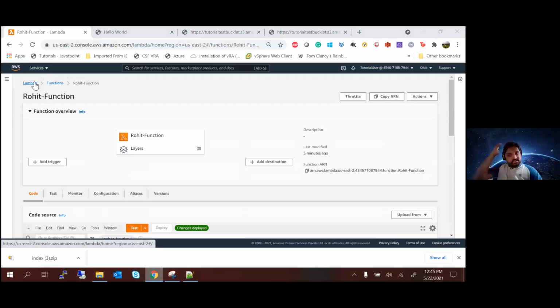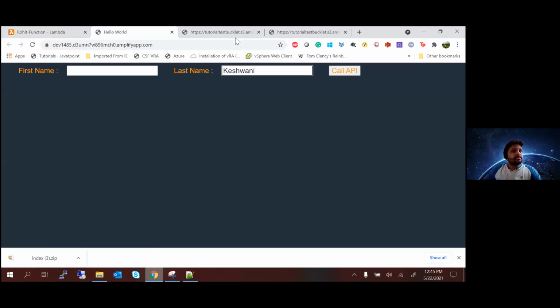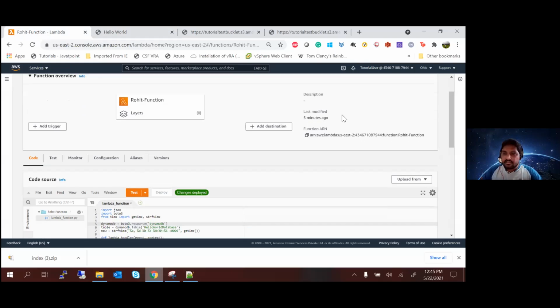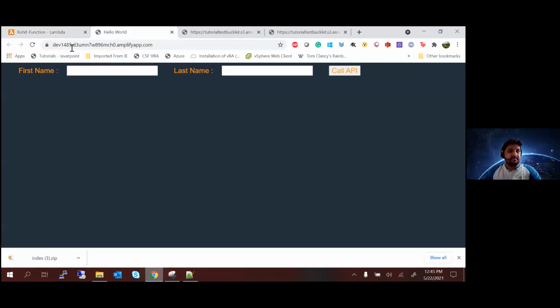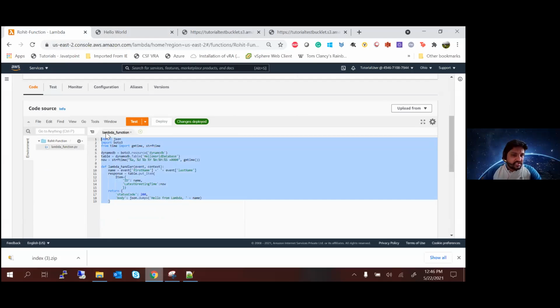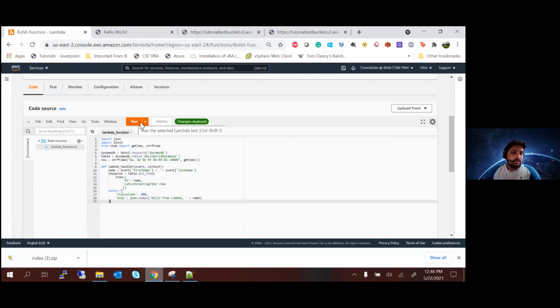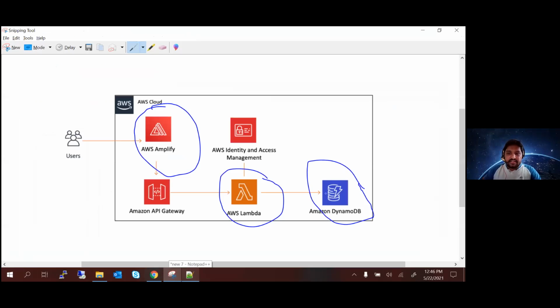Okay, so I'll just repeat it once. We used Amplify first to create a website. All of you should have this website. No, don't reload it yet. Just hold on. After you copy paste the code, Jeet, just click on deploy here. You should see changes deployed in green after you have deployed. So basically what we have done is we have created a website and we have created a backend which is going to take the things that you put in the website and put it in the table, right? Now we don't have a table yet, right? We'll have to create a table as well.